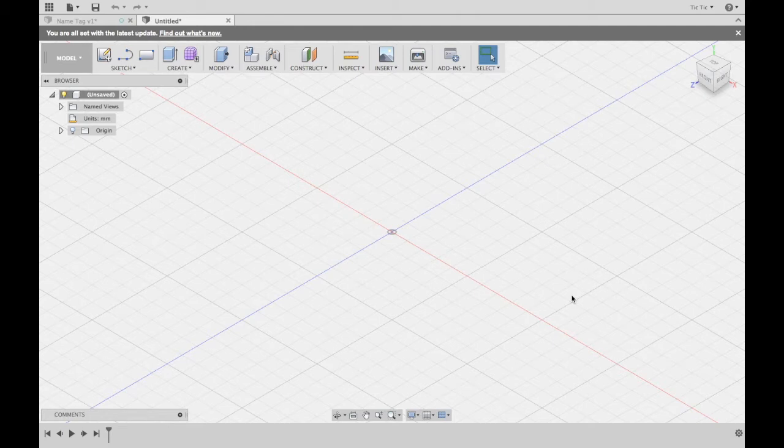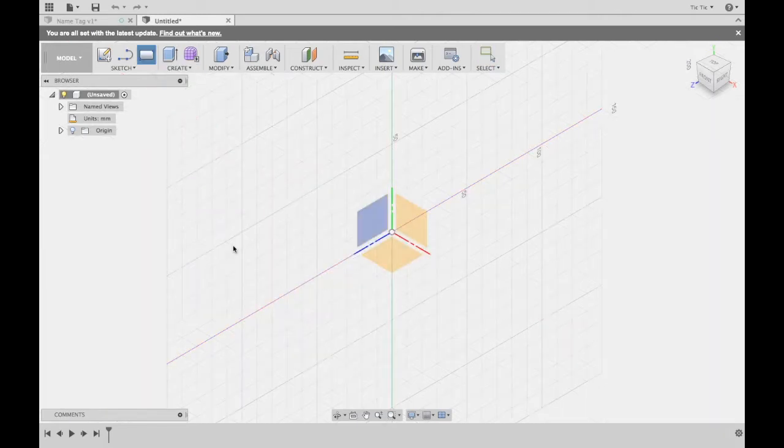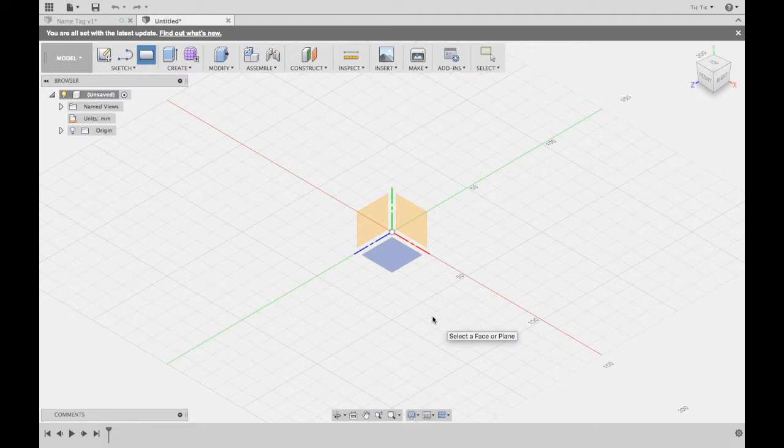Now that we're in Fusion 360, we're going to start by creating a name tag. First thing we're going to do is hit create and choose the box. The box basically gives us an option of which plane we want to put it in. We're going to put it in the